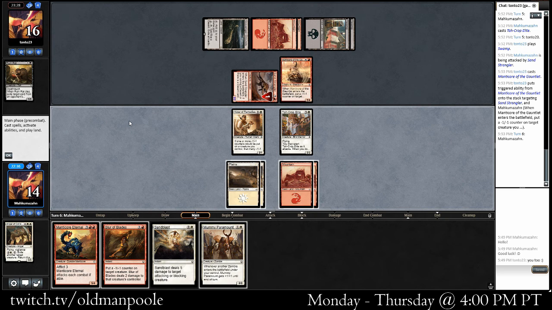I kind of want to play the Mummy. We use Blur Blades as well. We get through the Manticore that way. I kind of would just rather use the Sandblast and shoot it. I'm going to swing with...